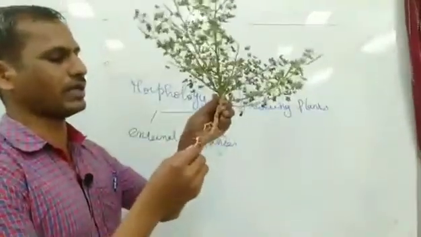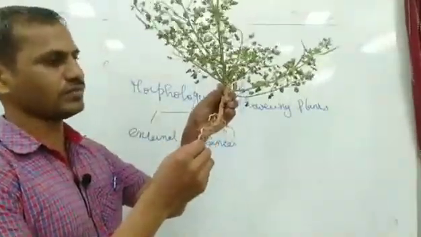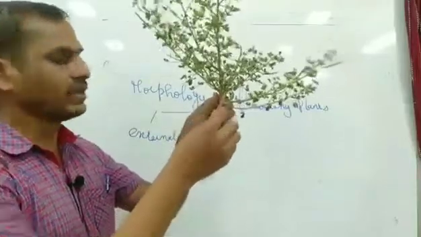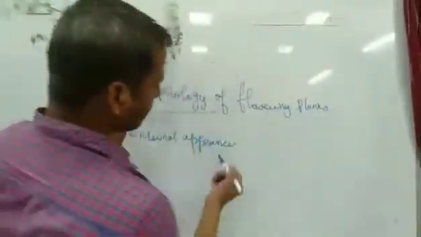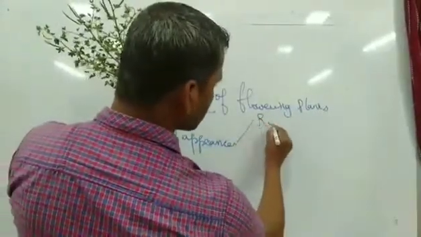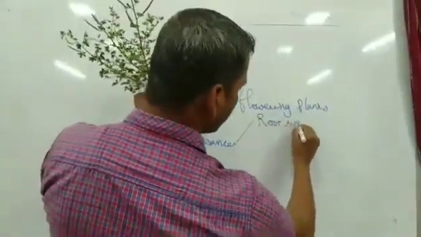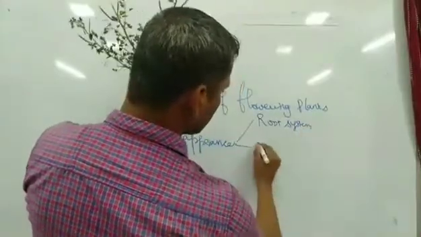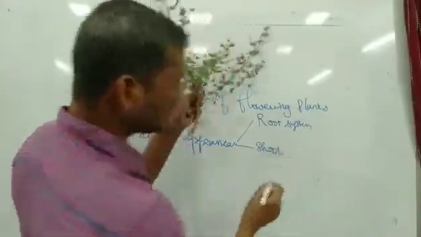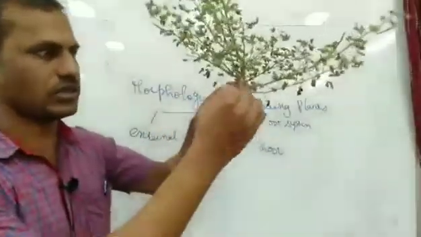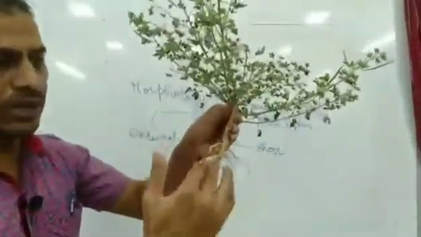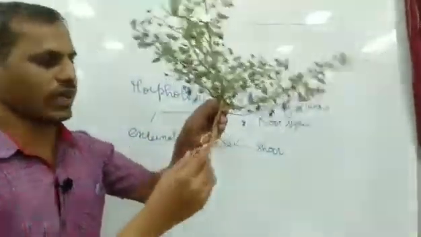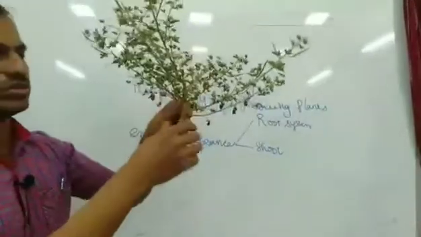Okay, the plant, they have a root system and shoot system. Mainly there are two systems we are going to talk about. One is the root system, the morphology. Another one is the shoot system. So these two are main in the plant. The root system is below the ground, and the shoot system is above the ground. Root system and shoot system.